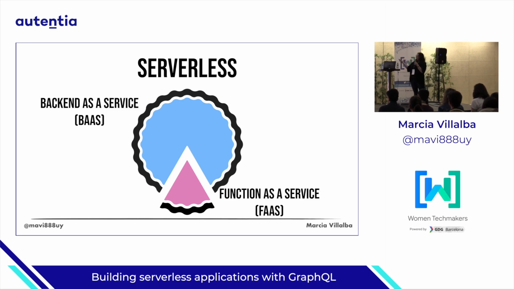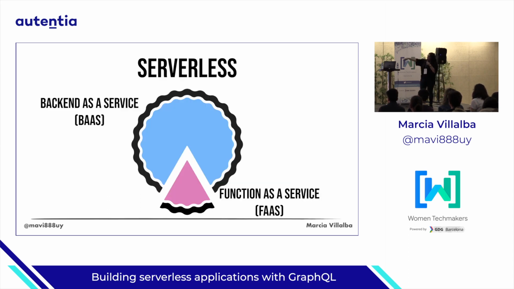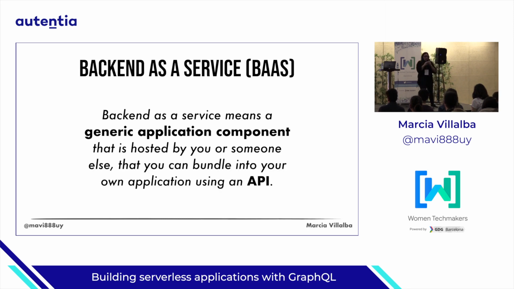And then the backend as a service is the other part that is, I would say, the most common part of a serverless application. So you see the cake is very big in the backend as a service, and then there's a little bit of function as a service. So the backend as a service is all these managed services that go through these three promises that I have talked about here. For example, it can be an authentication system like Auth0 or AWS Cognito, and there are millions of them, that you just connect your application to through an API, and you use that service.